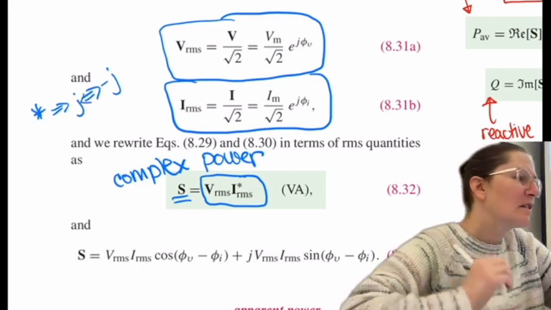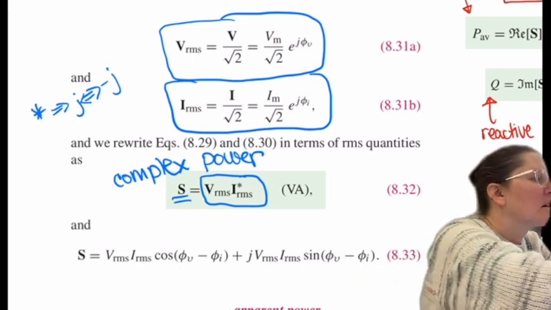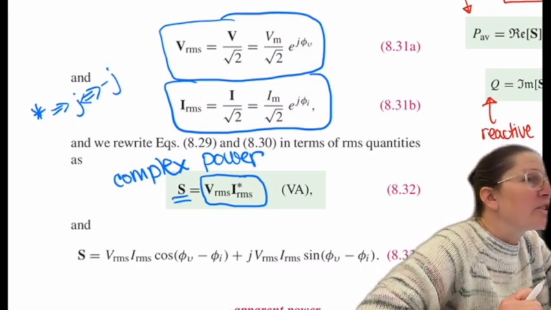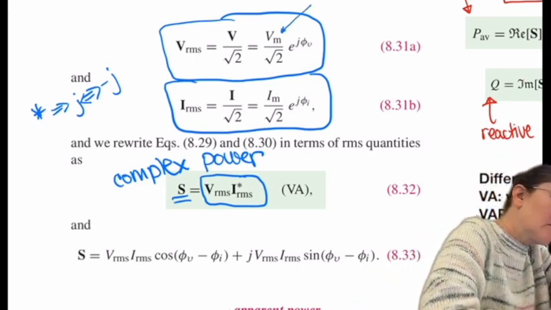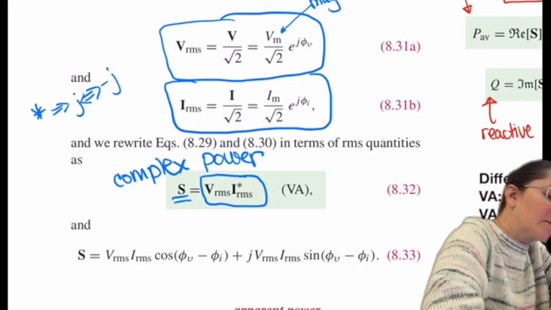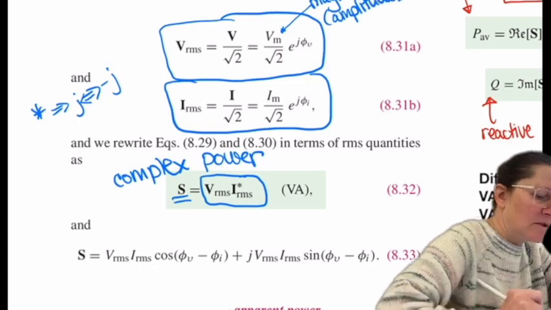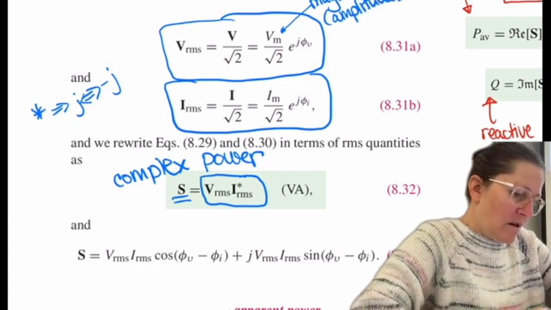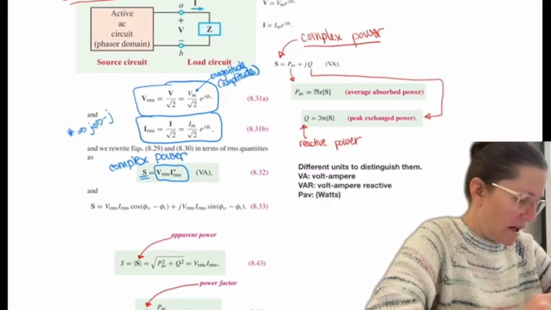I'm sorry, I forgot. What is the difference between VM and VRMS? Sorry, which one? Oh, the magnitude? Yeah, VM is the magnitude or the amplitude. All right, so